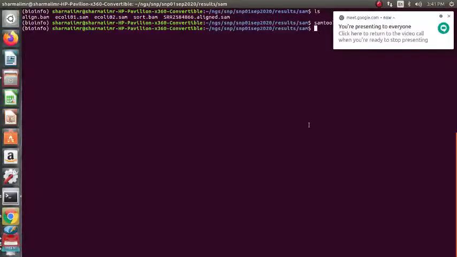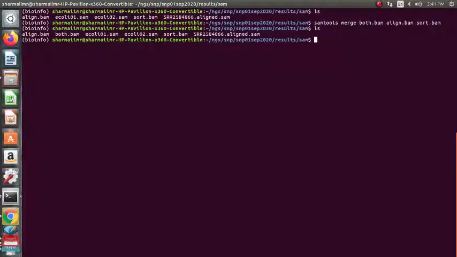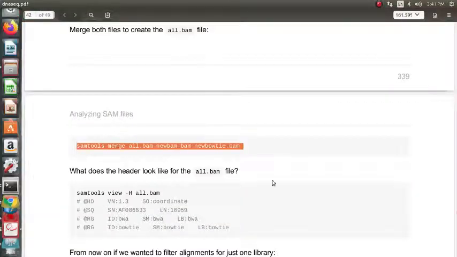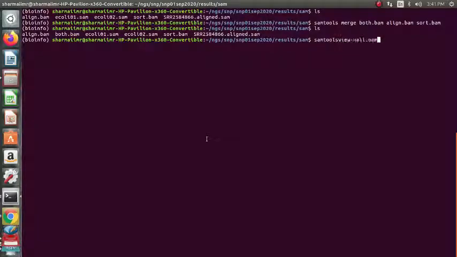Okay, Brijeshi left our meeting. So basically we have two BAM files, three BAM files now, including both.bam. If you want to check the read groups, use samtools view -H both.bam, right?